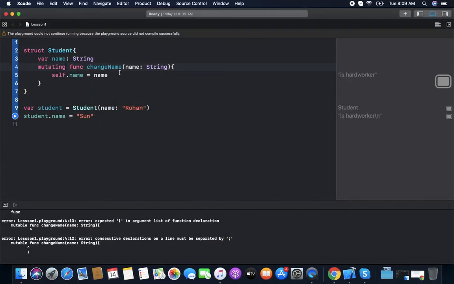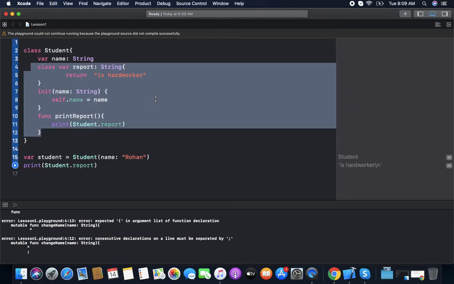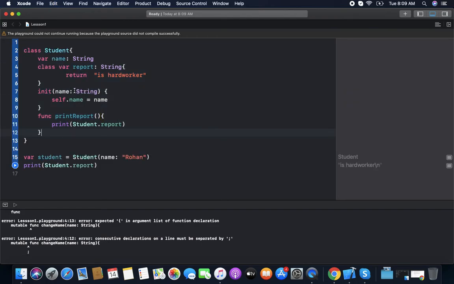To know more about this, we go with the past example, the student report. Now we want to make this method a type method. So we make it a static or class function. Now we just want to access it outside. We do not want to create an instance.